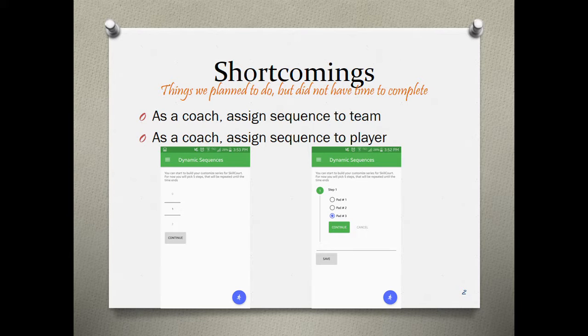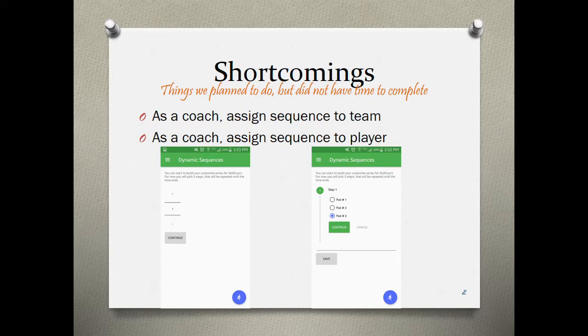This semester, a coaching profile was established. The coach has the ability to create a team of players and monitor their progress. One aspect that this new coaching team feature should be used for is to allow the coach to create his or her own custom sequences and have the ability to assign that sequence to a player or to his or her entire team.